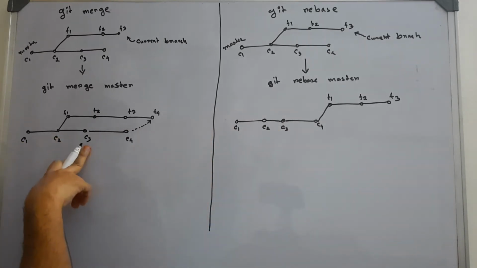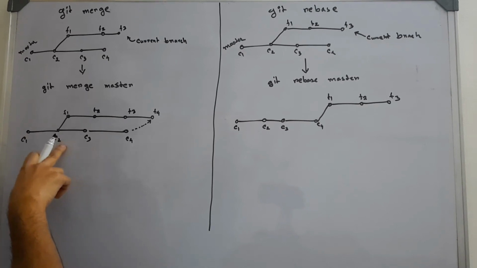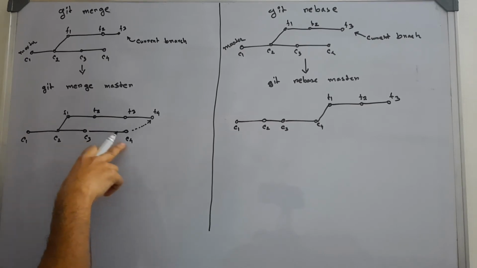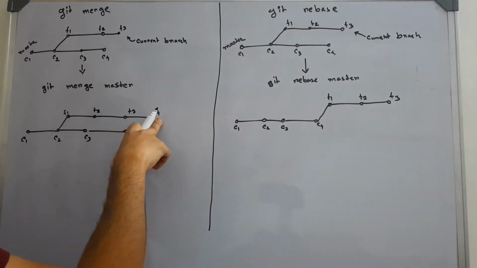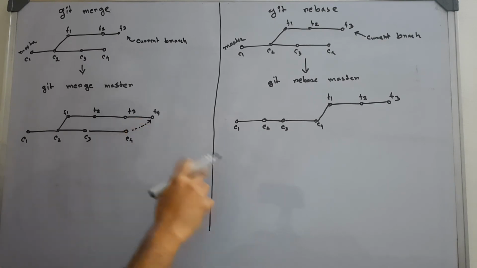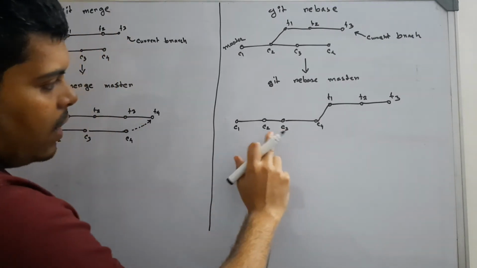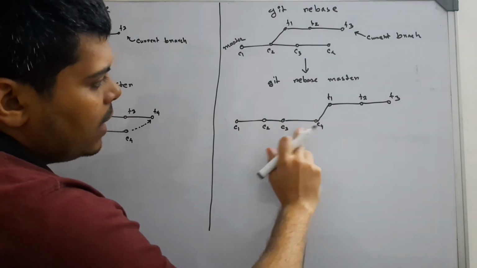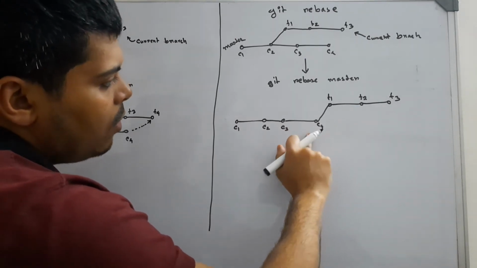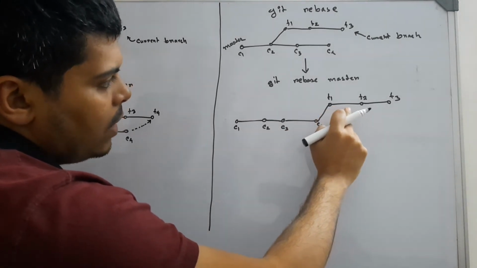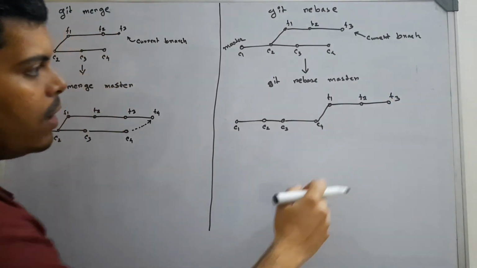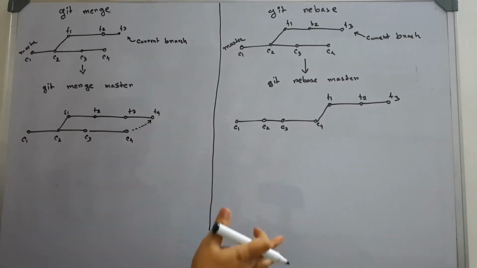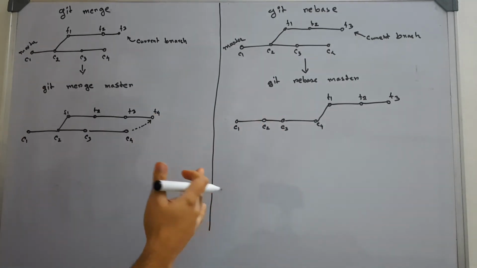Let's say some commits happened after C2, in C3 and C4. Then those commits will be merged with my current feature, and there can be a merge conflict. Those conflicts we have to resolve here. With rebase, first C3 and C4, that head will be moved, and then on top of C4, whatever feature commits I did like F1, F2, F3, all these commits will be applied over it. In both cases there can be a merge conflict, and we have to resolve those conflicts.